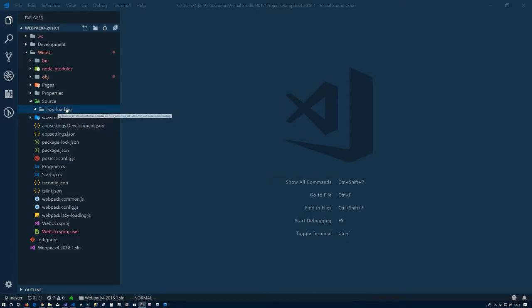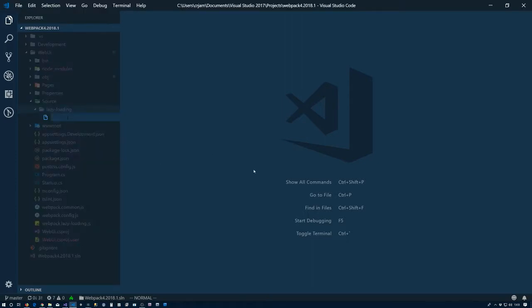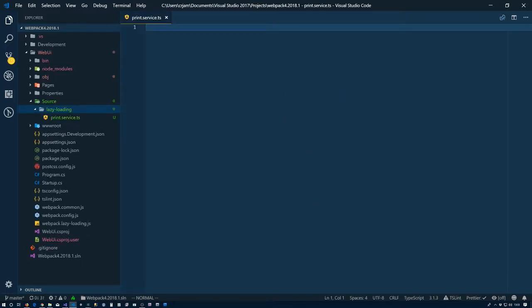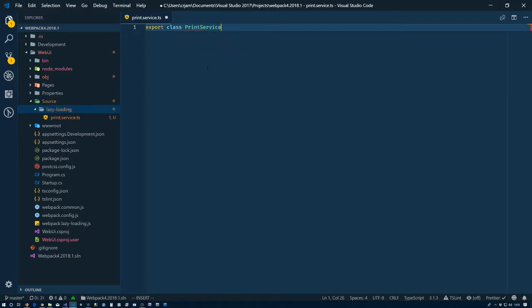So in this case, we'll have the lazy loading folder, and we're going to create a new service here, a new file, print.service.ts. Thinks it's an Angular thing. So let's export a class, PrintService,